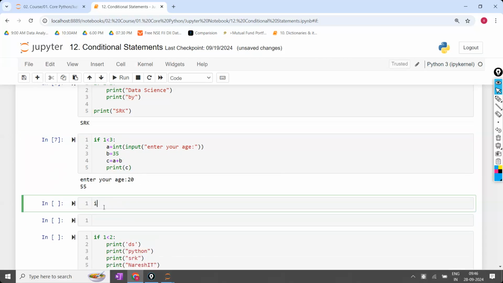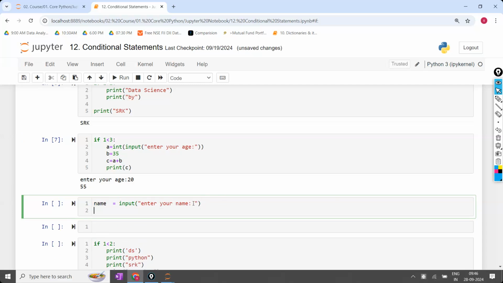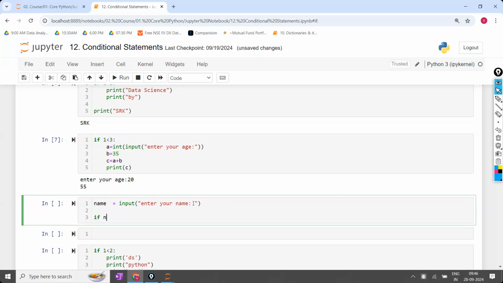Now, first here I am asking the user to enter your name. The user is going to enter the name, and I am going to store that in a variable called name. After entering, whatever name the person has entered, if it is equal to SRK,